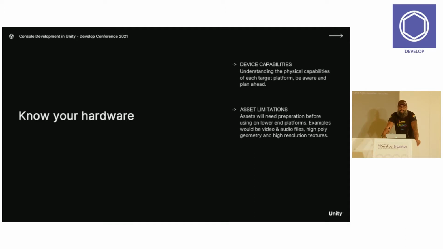You also have asset limitations. This is another area where your 8K skybox probably looks fantastic until you try and run it on a Switch. You might want to think about the amount of polys in your geometry and the texture sizes, especially when you're looking at the target resolution that you're looking to port your game to. Is it necessary? And that includes things like video. The size of your video files, the compression that you use, what bit rate are you looking to throughput? Because obviously sometimes these devices cannot support the same bit rates that you would be putting out on your title if it was PC.